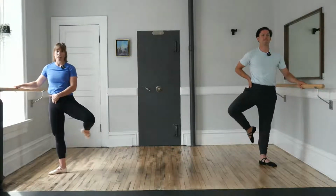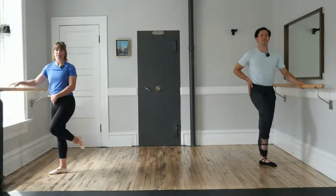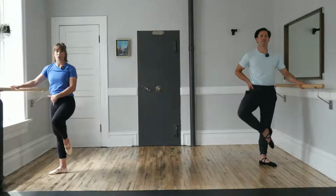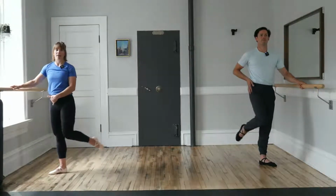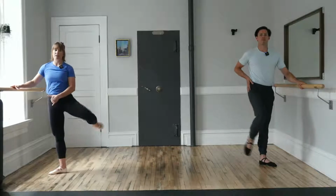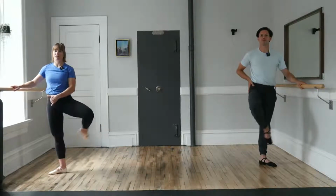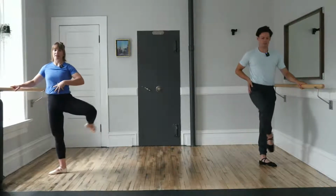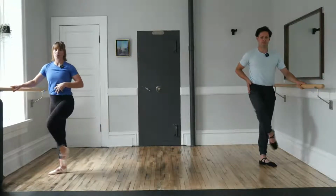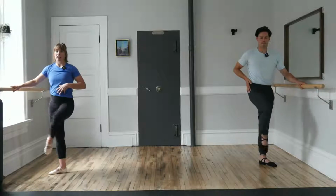Open up. Again, start paying attention to that standing leg. It's not moving. Take your time. One more slowish. And then we'll add some freedom and speed. When we add freedom and speed, that doesn't change anything though. We still have the stability in the standing leg and the stability in the core for 3, 2, 1, and